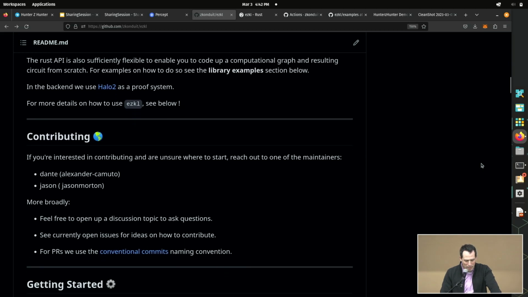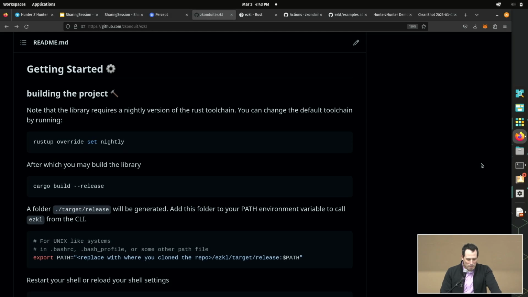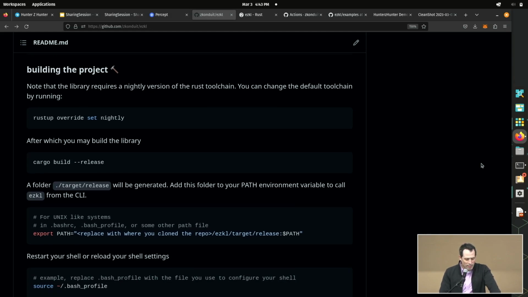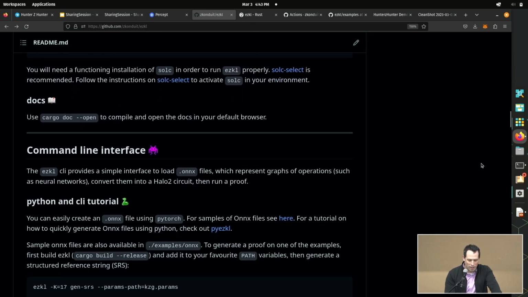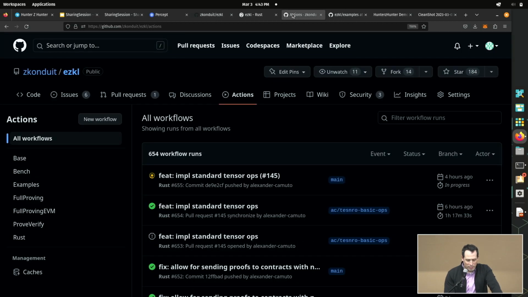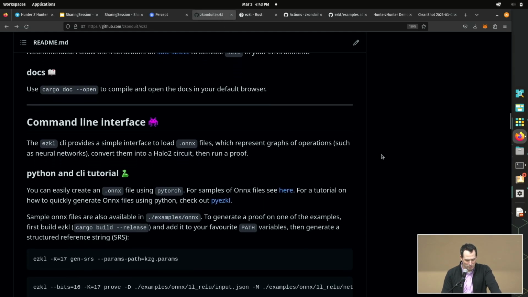We use Halo 2 in the back end. We love contributors. Please contribute. You have to use nightly build Rust, so sorry about that, but otherwise it's not too bad. You can install it with cargo install. There are documents, and there are tons of tests. We spend lots of scary money on tests so that we run every single one of the proof pipelines on tons of examples to make sure that nothing breaks for you. There's full documentation. Every function, every struct is documented if you want to read about the details of the internals.